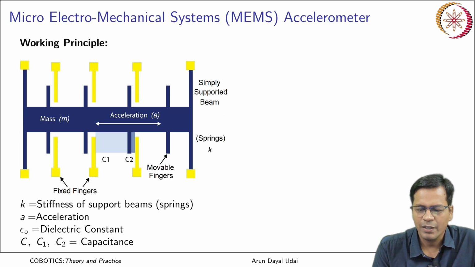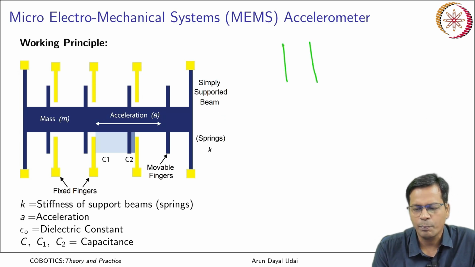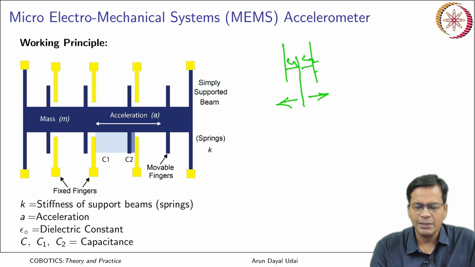So let's say you have two parallel plates which is here, and there is an intermediate plate which is here. If it is a capacitor, what will happen? If this plate moves, the capacitance which is here and here changes, C1 and C2 changes. So if there is a change in capacitance, a capacitance sensor can detect it and estimate the position of this plate. So using this principle it is designed.